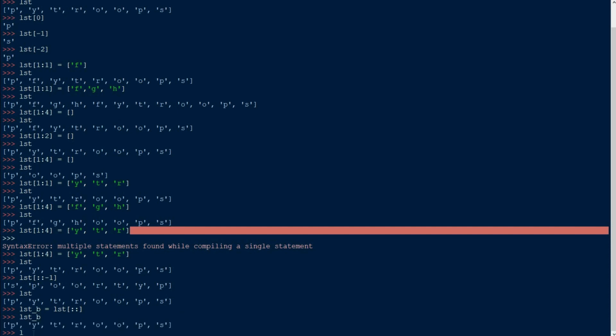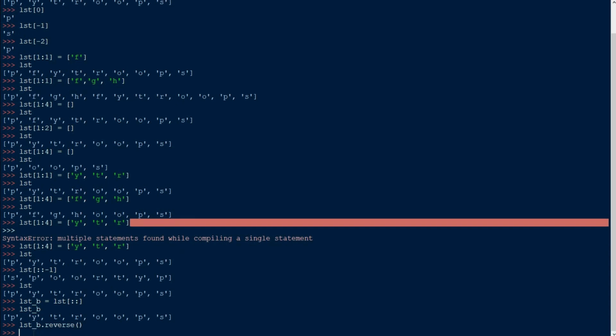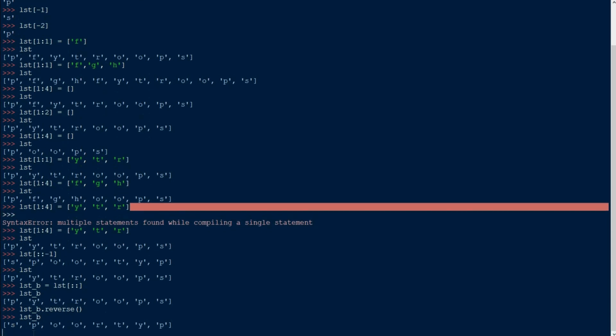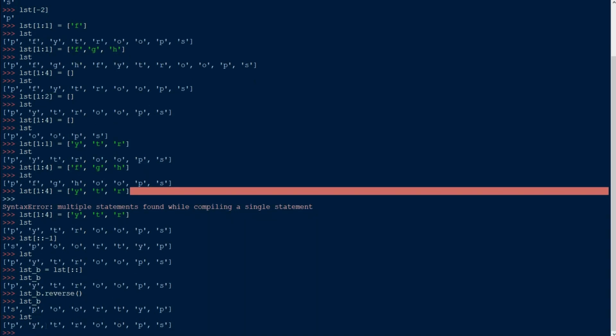Now if I reverse this list lstb by using the .reverse method, and print that list again, see we have reversed lstb. Now if we check our original list, which was lst, this list is in its original shape, even though we did not use the .copy method over here. This colon means get the values from start till end of the list. This colon -1 means get all the values from start till end in reverse orientation.